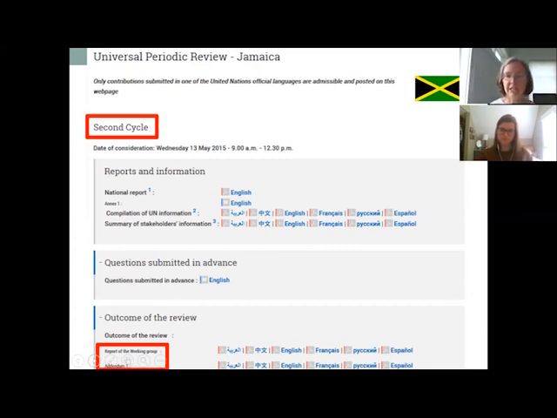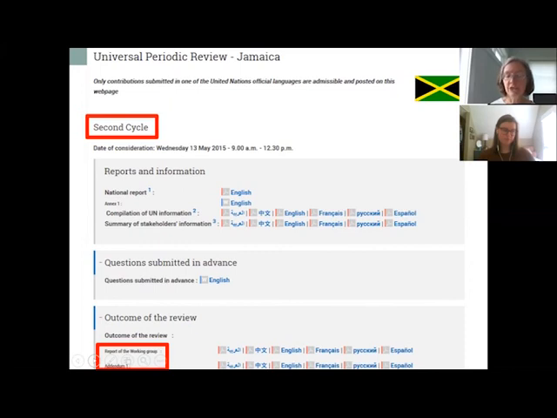That's a summary of the different treaty bodies and other UN bodies, things that they have said about human rights in the particular country. And then the document we've referenced before, the summary of stakeholders' information. This is the report prepared by OHCHR staff. It's usually about 10 pages, and it summarizes all of the different stakeholder reports that were submitted for that particular UPR for that particular country.